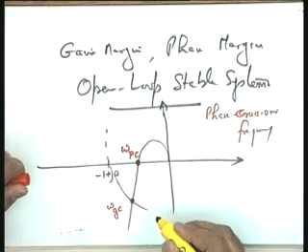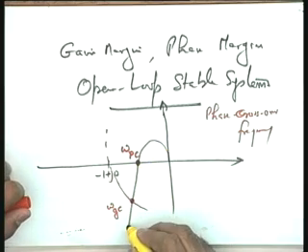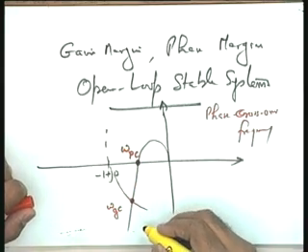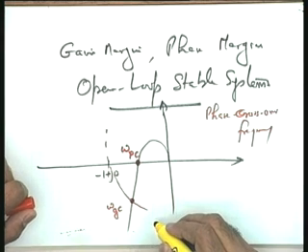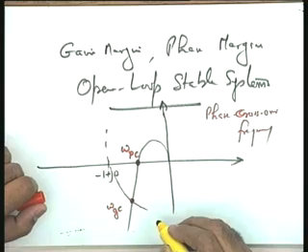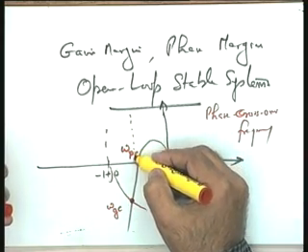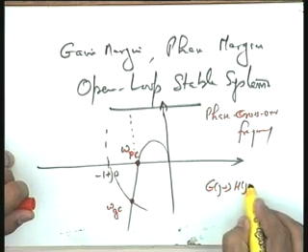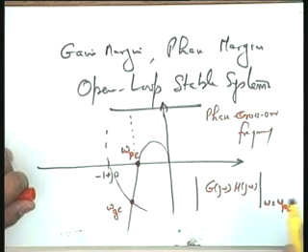So, this is for you to determine, the two frequencies, the gain crossover and the phase crossover. This you can determine because this particular plot, the Nyquist plot or the polar plot, is available to you either from the experimental data or from the data derived from the open loop transfer function of the system. So, these two definitions please, and the other definition: take the magnitude of G j omega H j omega at omega equal to omega phase crossover.